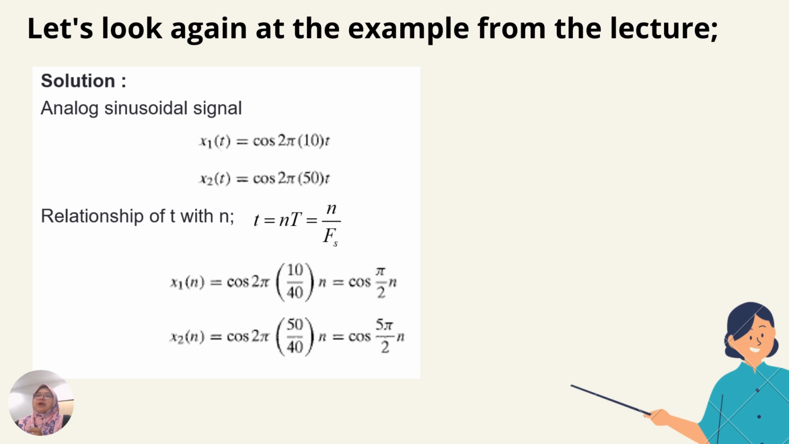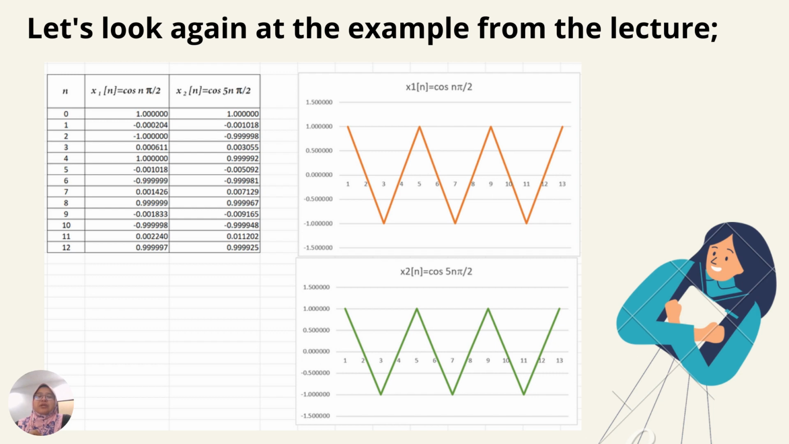So here, as I've mentioned before, we need to substitute the t with t equals n over fs. So simply substitute the small t with n over fs, and you have for x1[n] cos(πn/2), and for x2[n] we have cos(5πn/2). And then we plot the signal. I've used Excel here